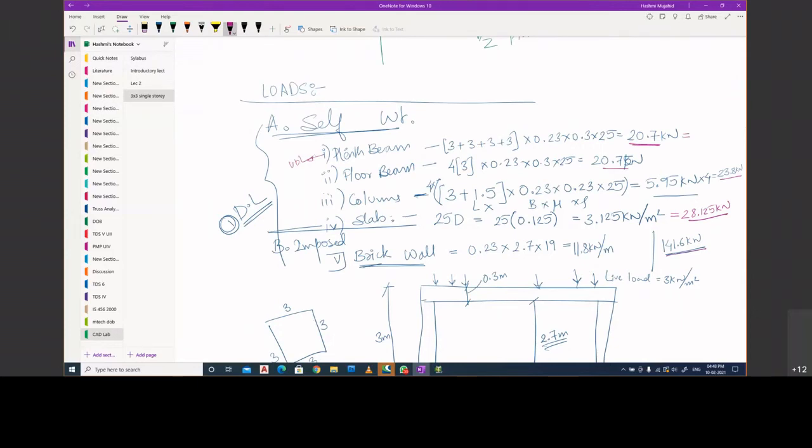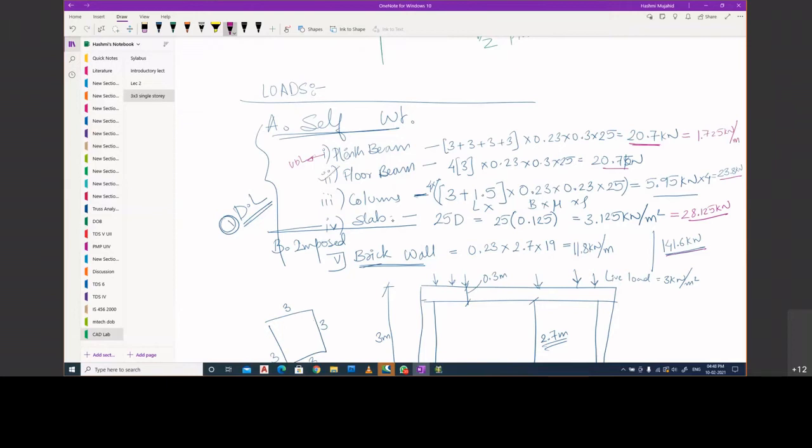So let us divide it by the overall length of the beam: 20.7 divided by 12 gives 1.725 kilonewton per meter.